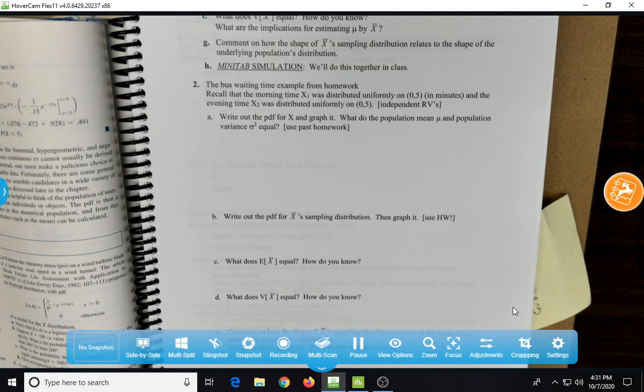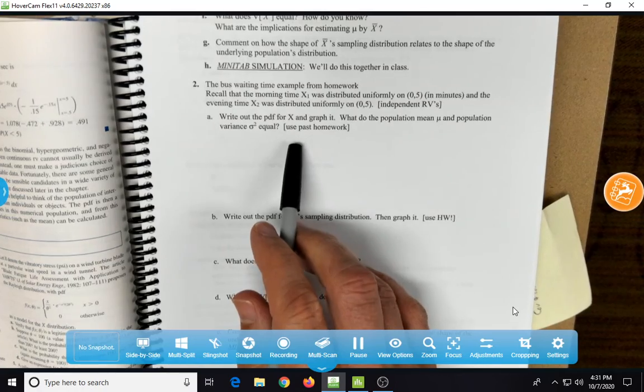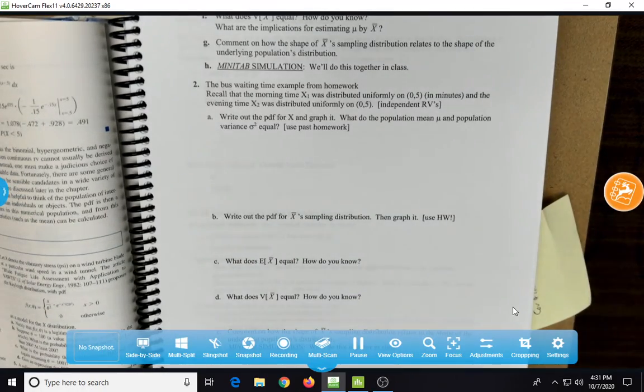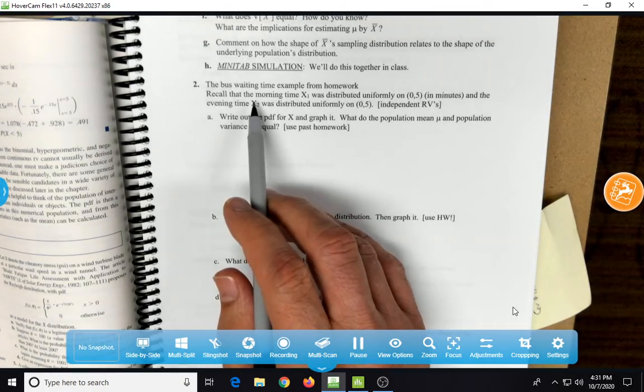I wanted to do a problem today in class, but I ran out of time. But then I was looking at the homework and I realized maybe it was something that I could show you, just some hints here. What I'm doing here is on page 65 in the course pack, I'm taking the bus